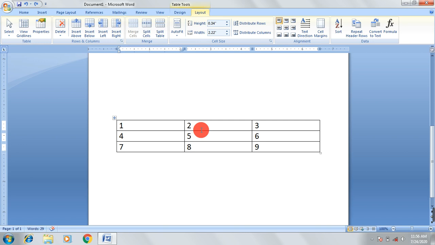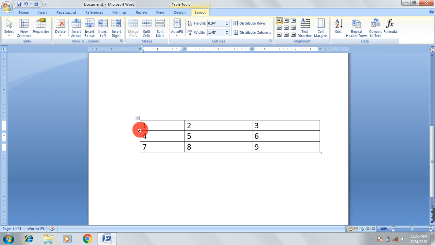Okay, now let us move to our next topic, how to change row height and column width. You can do this by bringing your cursor to the edge of the row or column. If I bring my pointer here, it changes to a certain shape, and now I can drag this left and right to increase or decrease its width.